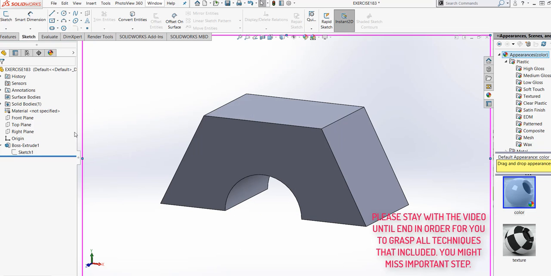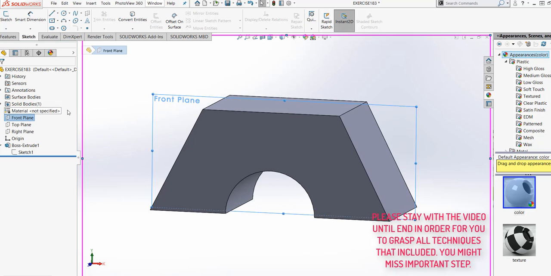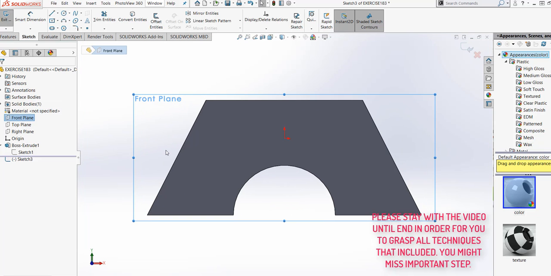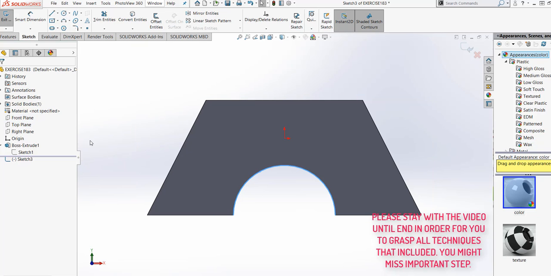Let's go on the middle or on the front, on the sketch. Let's sketch that one as the entity, and then offset.